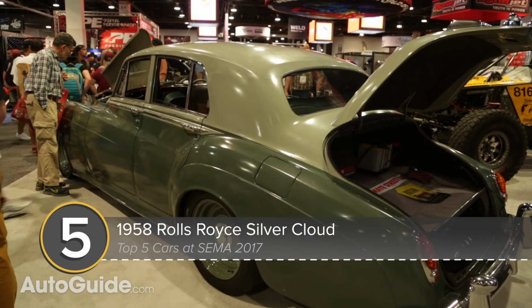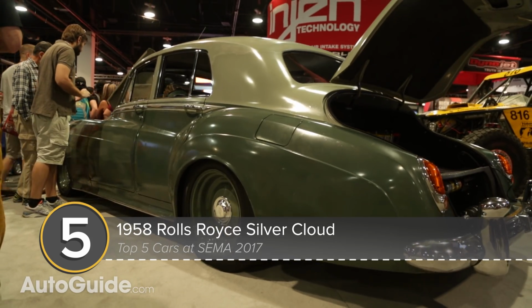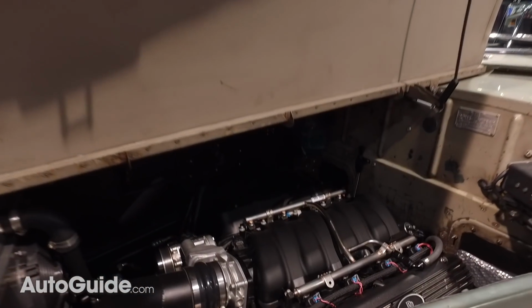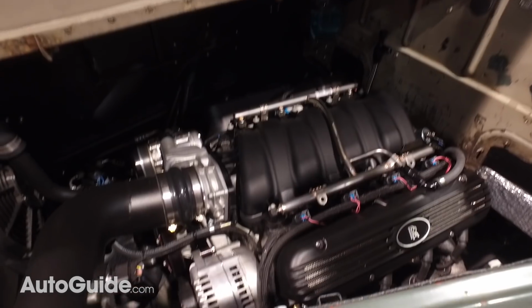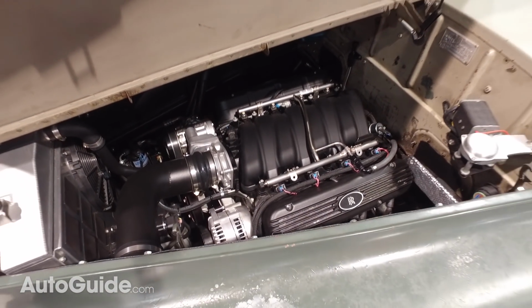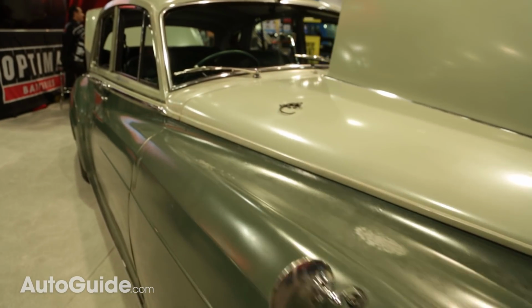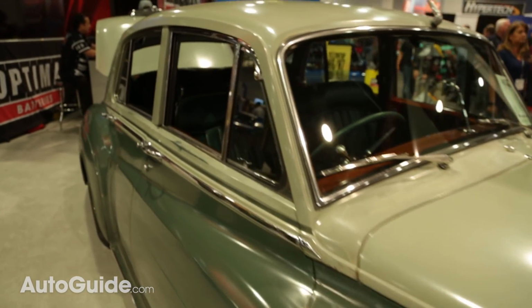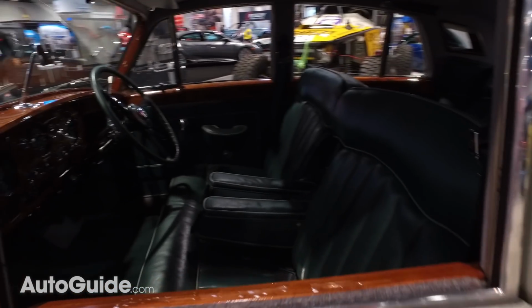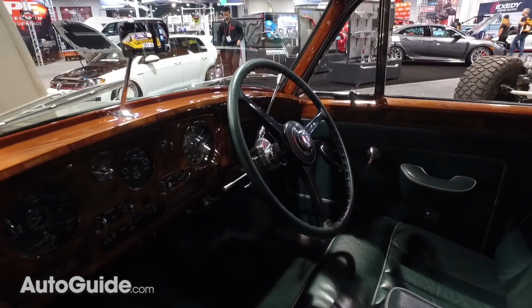Everything underneath the skin of this car is totally new. It's got an Art Morrison chassis, it's got an LS7, which means it makes a stupid amount of horsepower, and you really couldn't tell any of that from looking at this thing driving down the street. The wheels are bigger, which suggests that something might be going on underneath, but for the most part, this is a real sleeper. The interior has been totally redone in beautiful green, but the exterior has been totally left just